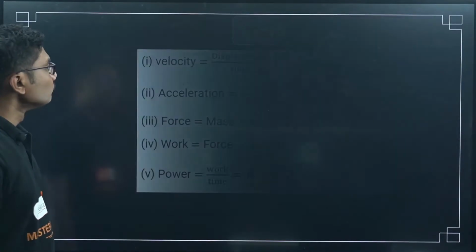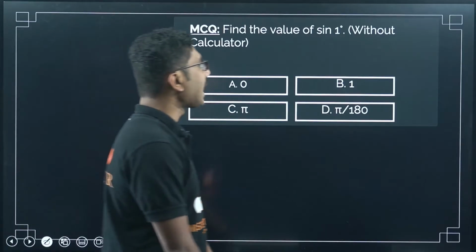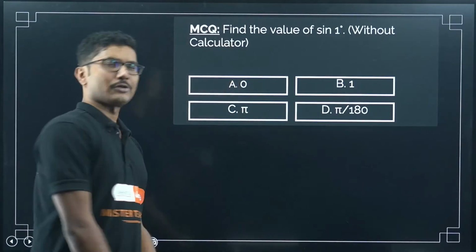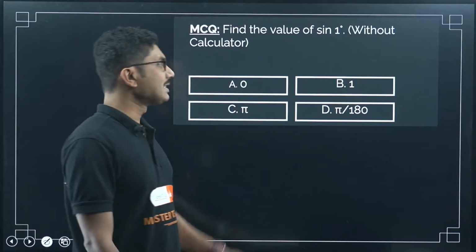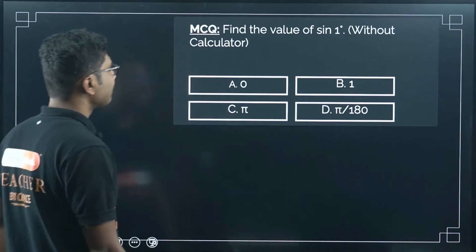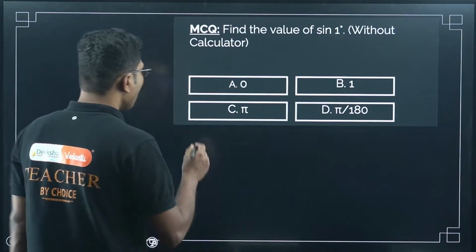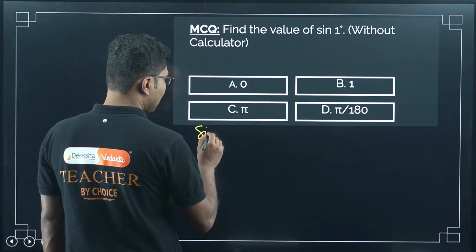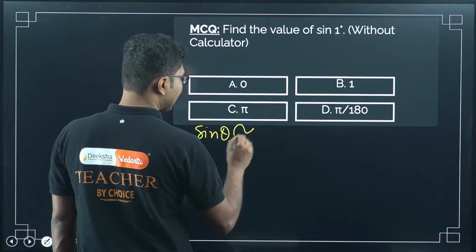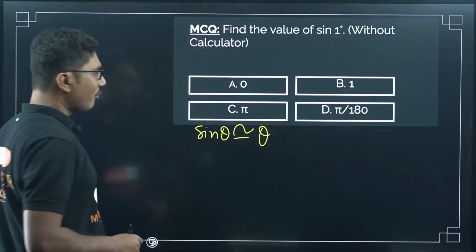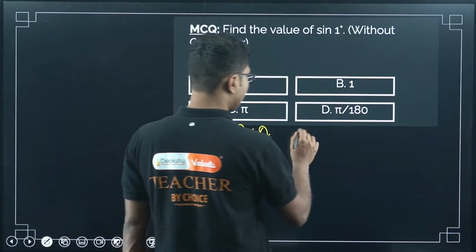Now let's move on. Find the value of sine 1 degree without a calculator. Obviously without a calculator. Now this is an interesting question. How can you answer this question? To answer this question, we need to know one thing, that sine theta nearly equals theta for small values of theta,